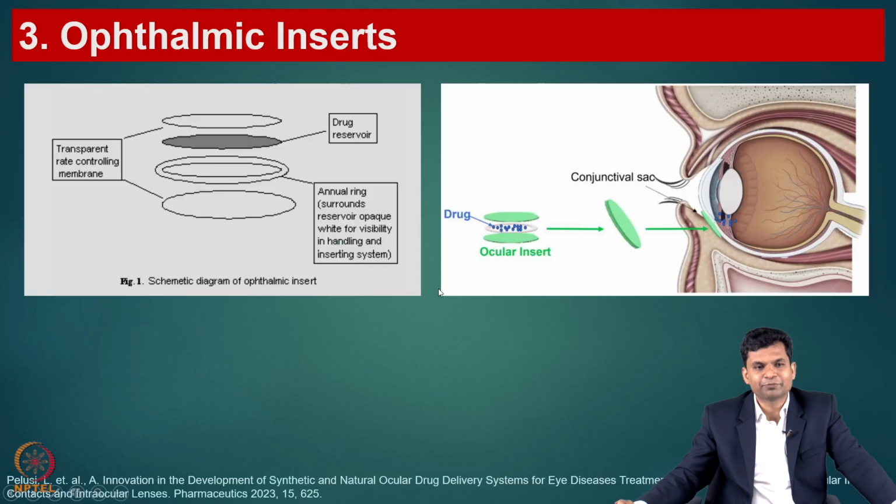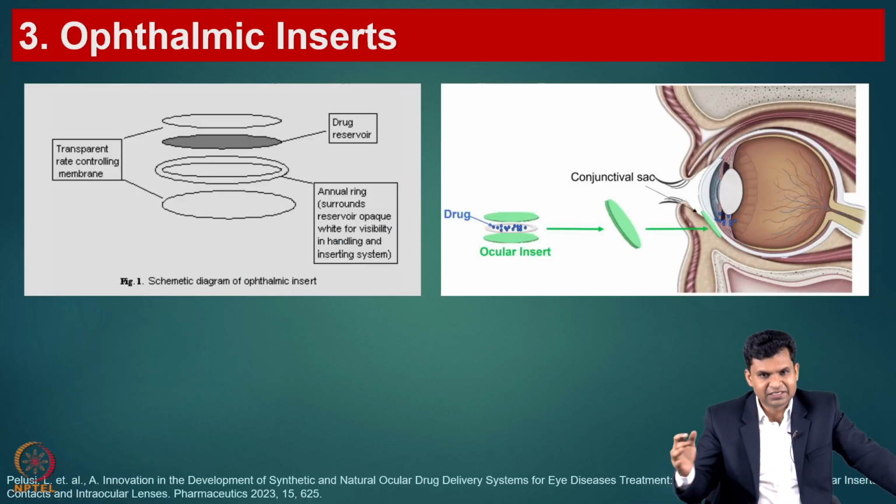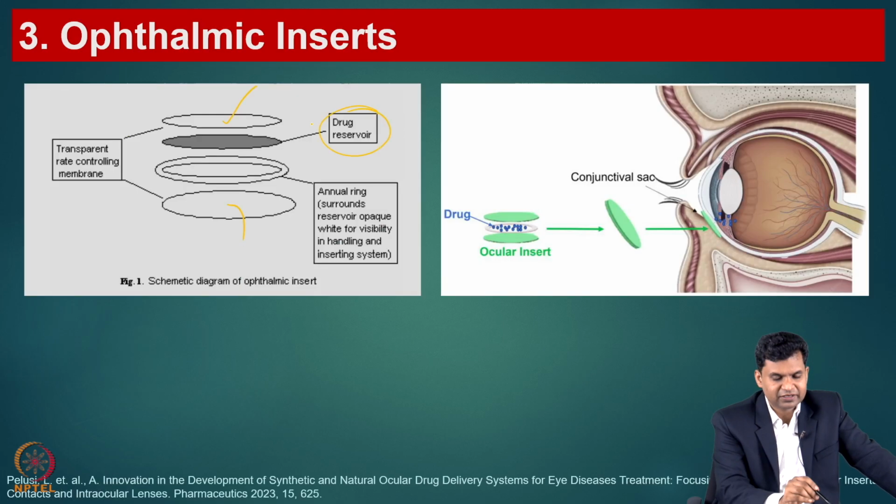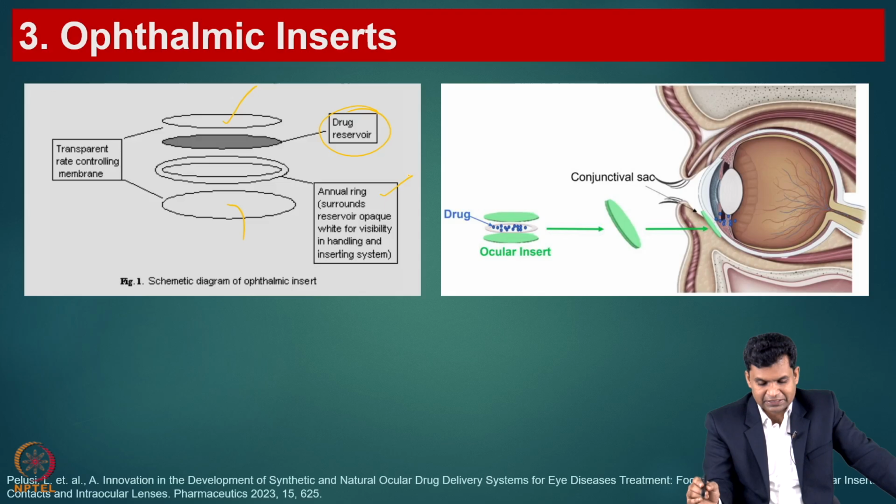So, these are the ophthalmic inserts, which we have already discussed. These are the rate controlling membranes, and this is a drug reservoir, where we load our drug, which will slowly release the formulation. This is a ring, where we will place the reservoir. Now, again, you can see in the picture representation